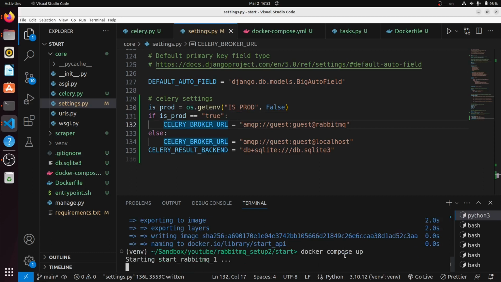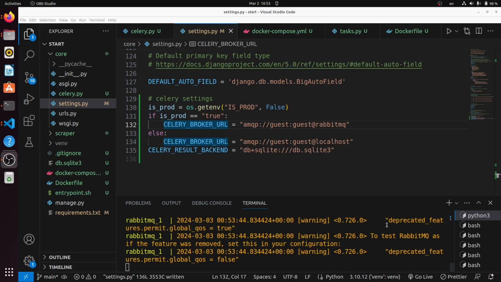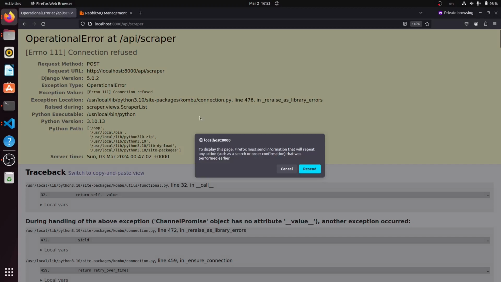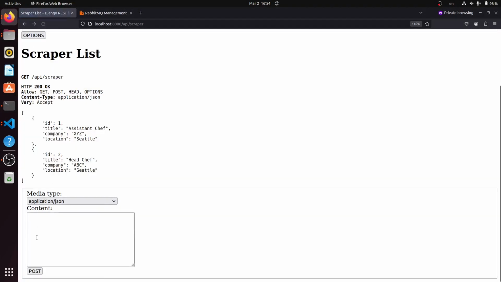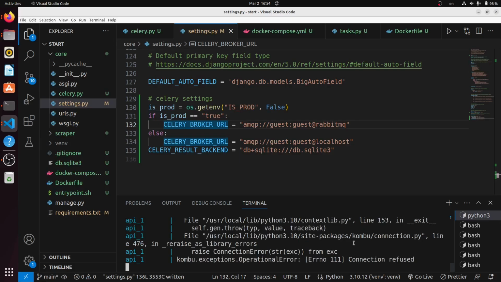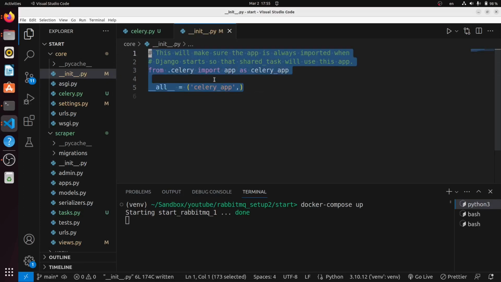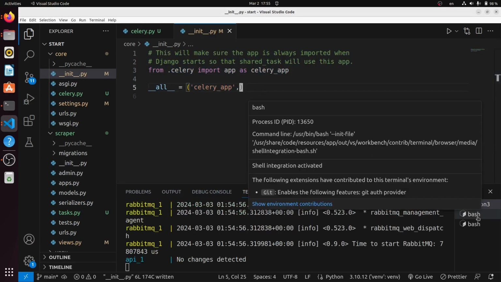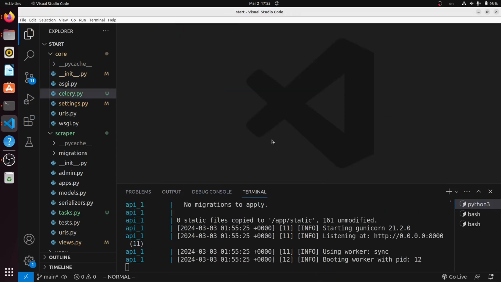Okay, now I'm going to do docker compose up again. Okay, so this time I think there are no more issues. So now that our services are up, let's go back, refresh this page, and let's see what happens. Okay, so it's still hanging up. Connection refused. Okay, so I figured out my bug, and it turns out in my init.py file, I forgot to save this. It just kept on showing connection refused. Once I saved this file and closed everything, with all files saved,